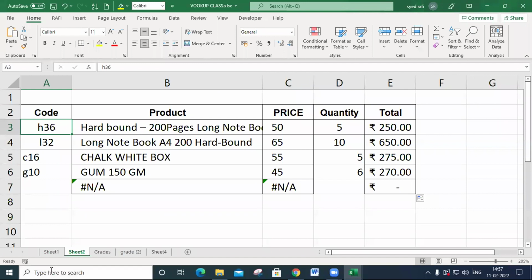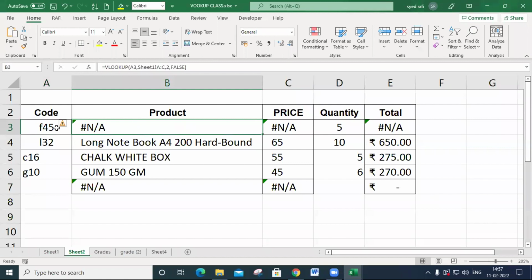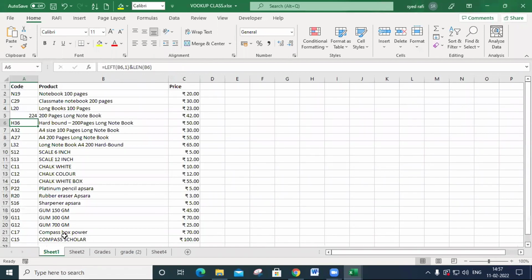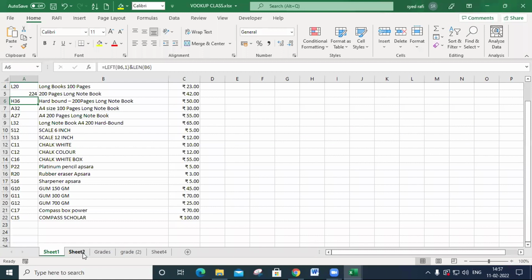So if the code is not available, for example any data like F45 is given, actually F45 is not there in that list. That's why it simply displays #N/A, meaning not available. When you enter a code whose product and price are not placed here, it can't be displayed.